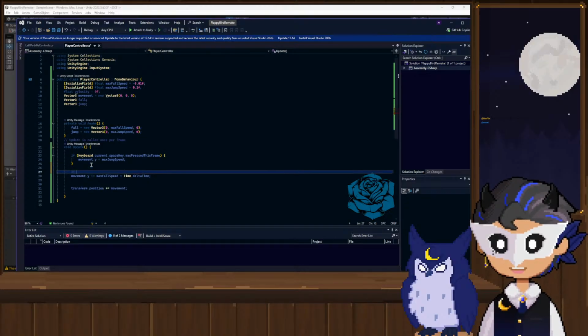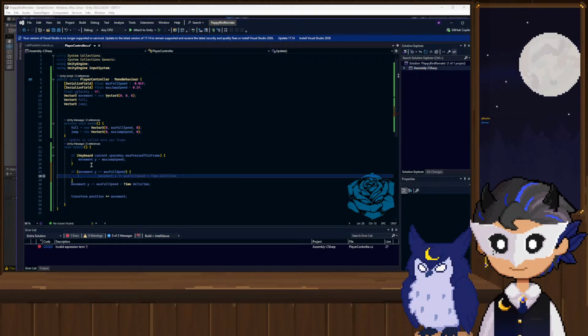Then we'll do if movement.y is greater than or equal to the max fall speed, then